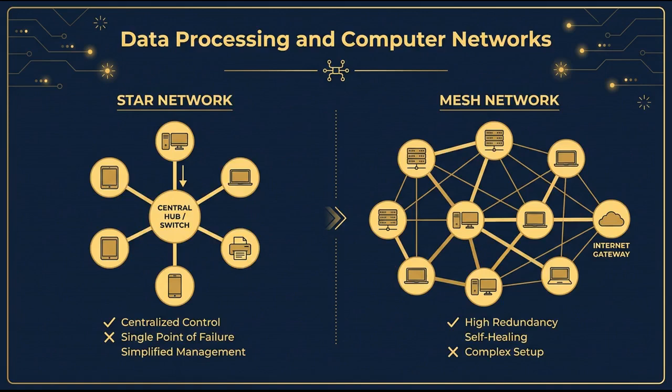Once processed, information is often shared via computer networks, which offer advantages like sharing printers, files, and internet connections. A local area network, or LAN, covers a limited geographic area, such as a building, whereas a wide area network covers large regions. Networks can be organized as peer-to-peer or server-based, where dedicated servers centralize services like file storage and